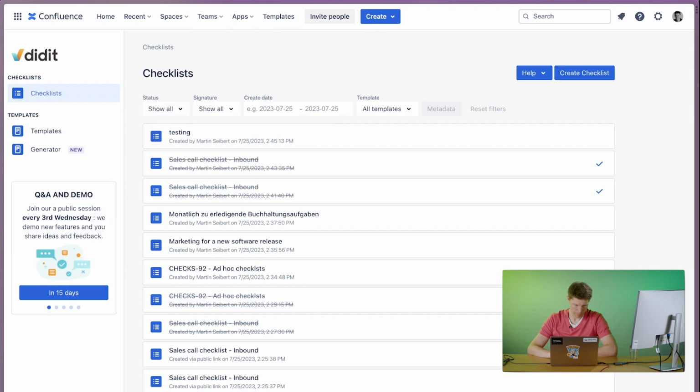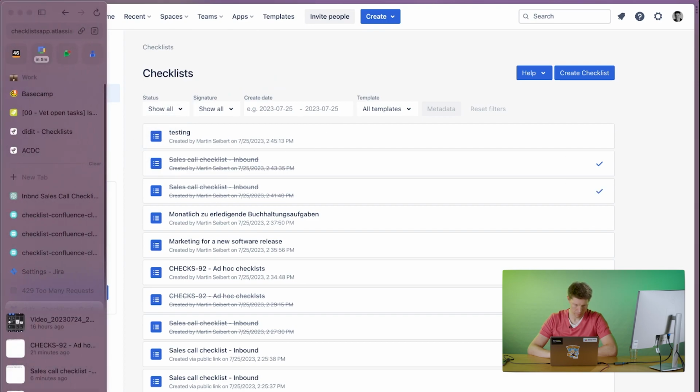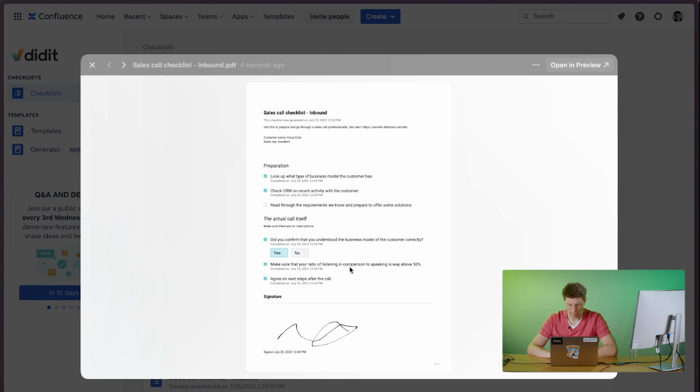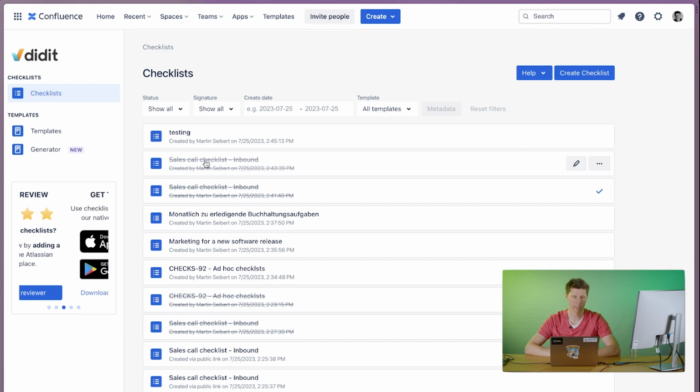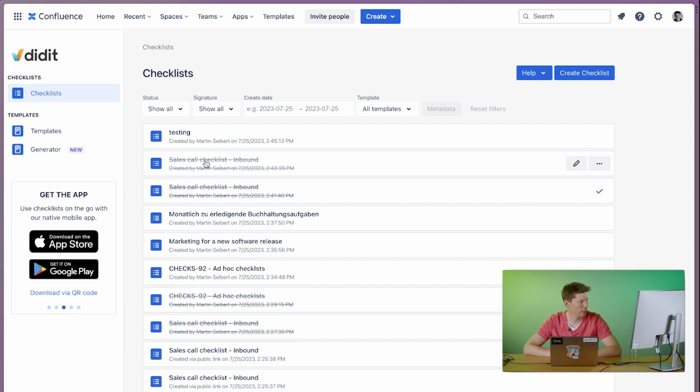Here it is. And that's the checklist, including my signature, and also all the pictures will be in here if I upload any pictures. And this will also sit in my inbox, as I said. Yeah, that should be pretty much it. I'm sure I have forgotten one or two